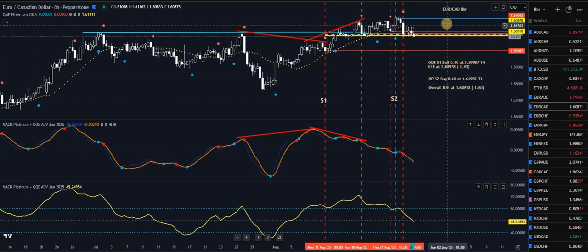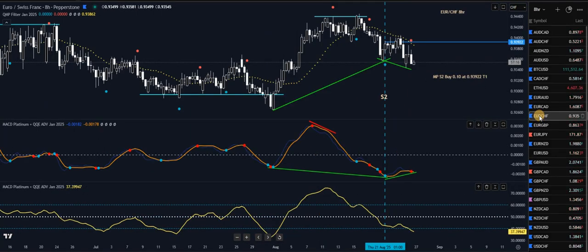So looking pretty good on the Euro CAD. Taking a while, but we've got there. Euro Swiss, we're in a buy. Now this is